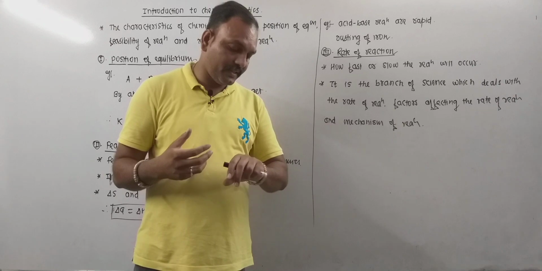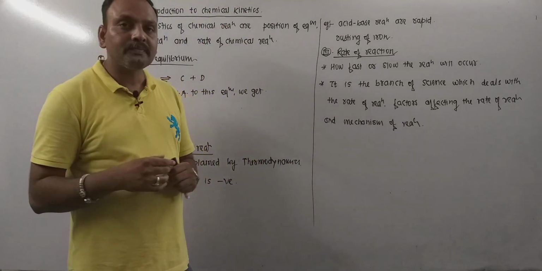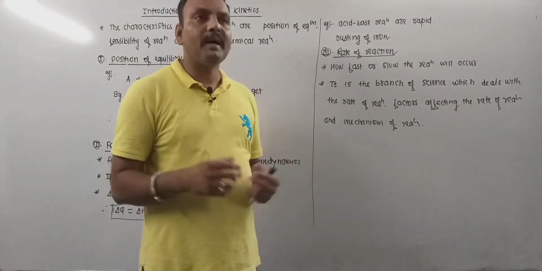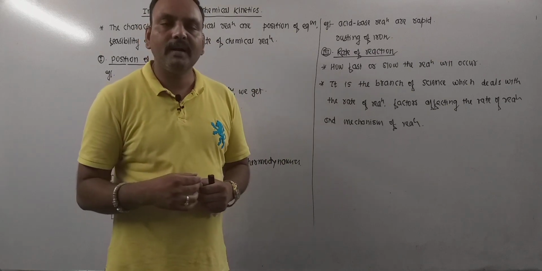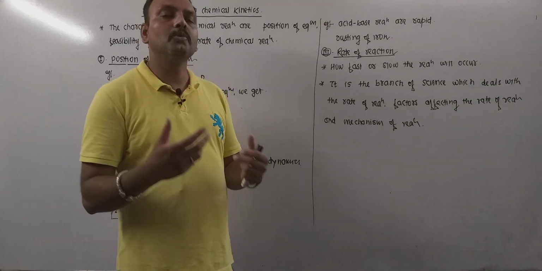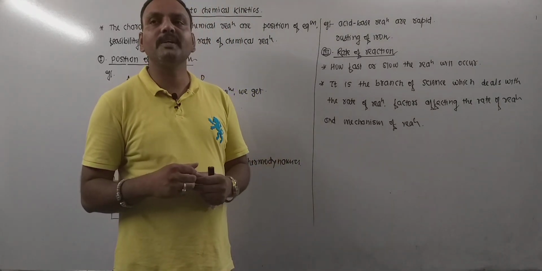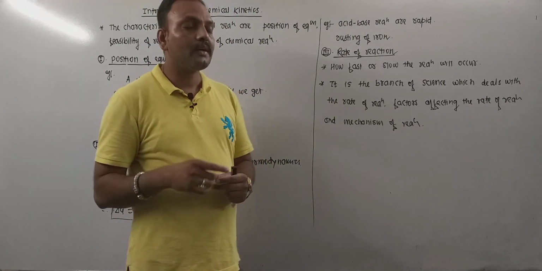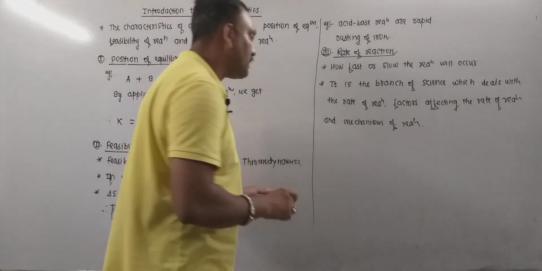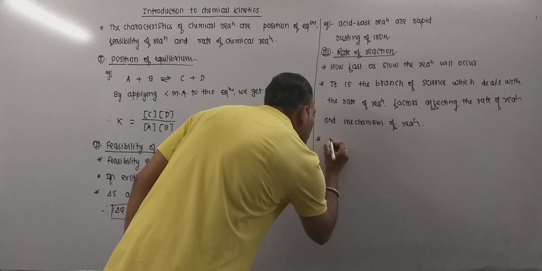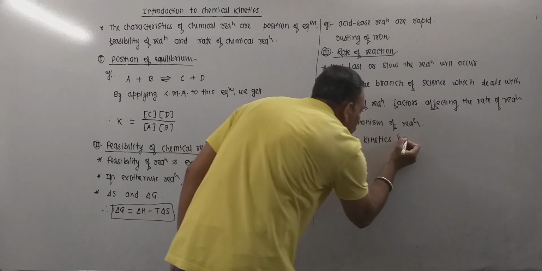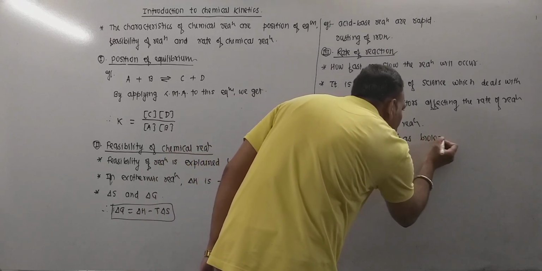Now chemical kinetics has biological importance also. We know very well a number of chemical reactions are taking place in our body. Those are biochemical reactions. And remember, enzymes act as catalysts. I mean enzymes catalyze those reactions, enhancing the rate of those biochemical reactions. So the rate of biochemical reaction is also a part of discussion. So chemical kinetics has biological importance,